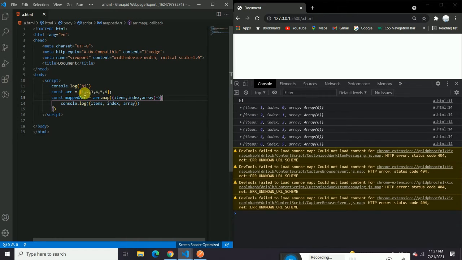So after this, we are mapping this array, and every time it iterates over the array, you can see it is returning each and every element properly. The first item is 1, and the index value of this first item is 0, so you can see 0, and the whole array is returned over here. So now if you want to do some kind of calculation over here,